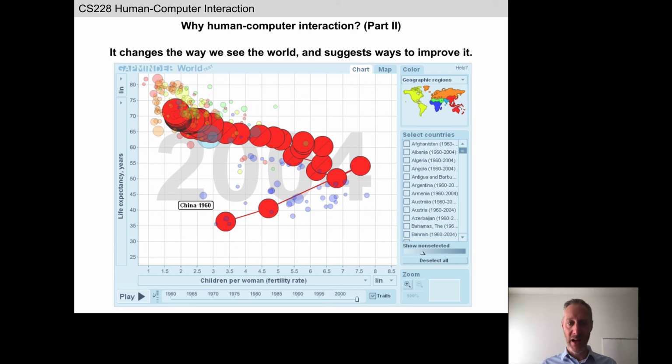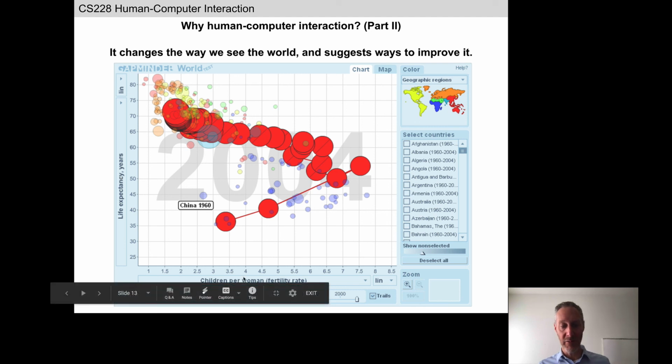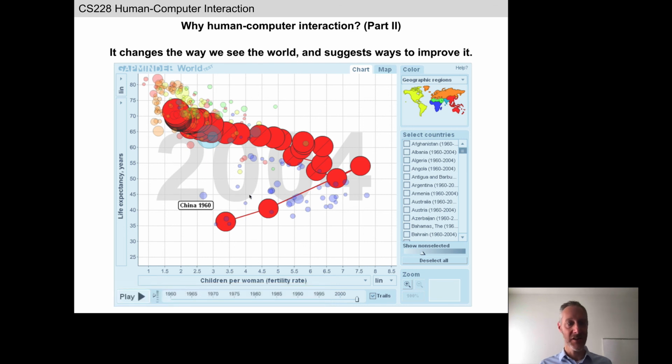So I've posed a hypothesis to you, or a question to you, which is, did the one-child policy impact the health of the population as a whole? It's not exactly clear from this. However, we might be able to click on and bring up other variables here to test that hypothesis. David's dropped a link here to some animations that you can find in Gapminder.